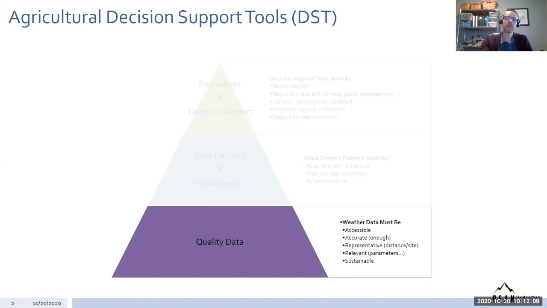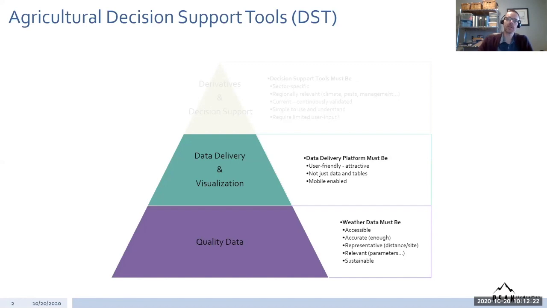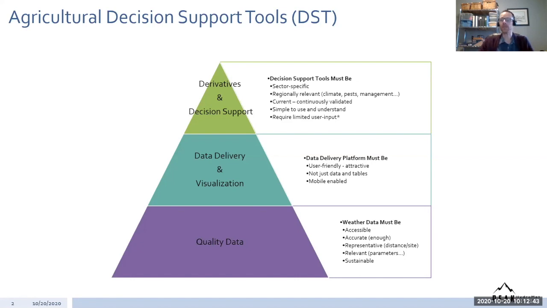And I think the BC piece, as Talon said, has been in the works since 2014. So it's been a few years. There have been, like she said, some bumps, some learning experiences, but I think it's moving along nicely. The next step, the data visualization part, is getting that data to the user. Is it user friendly? Is it not just presenting data in the sense of here's some numbers, but ways to look at trends and things like that? And also, is it mobile enabled, in terms of a lot of farmers using their phones, tablets, that type of thing. So it needs to be friendly that way.